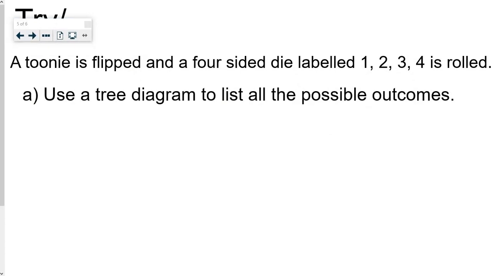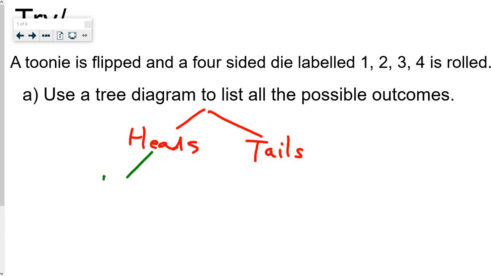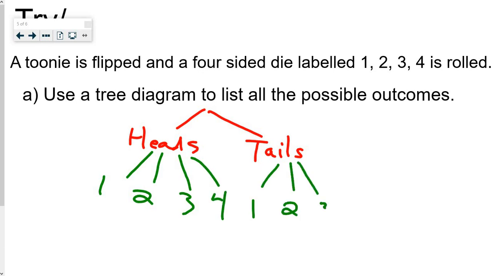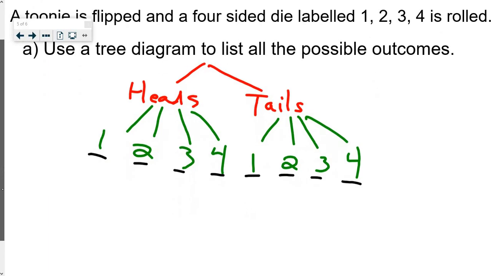So at home, a toonie is flipped and a 4-sided die labeled 1, 2, 3, 4 is rolled. Use a tree diagram to list all the possible outcomes. We're going to start with a coin this time, so we can start with heads. And we're going to start with tails. And for each of them, they have a possibility of 1, 2, 3, and 4. 1, 2, 3, and 4. So as you can see, again, 8 possible outcomes,